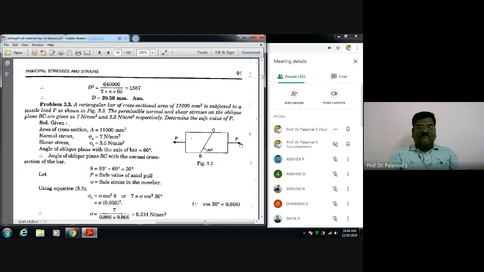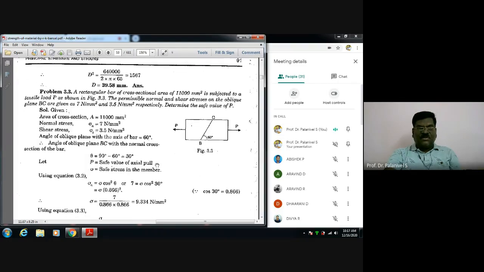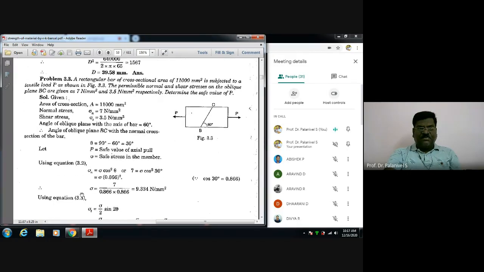Likewise, it is given. Where will we be having a maximum normal stress? The plane which is perpendicular to the direction of loading will be having maximum normal stress. What is its value? P by A. That you know. What about maximum shear stress? Maximum shear stress is nothing but sigma by 2. That value should not exceed 3.5. So in this problem, what they have done? They computed